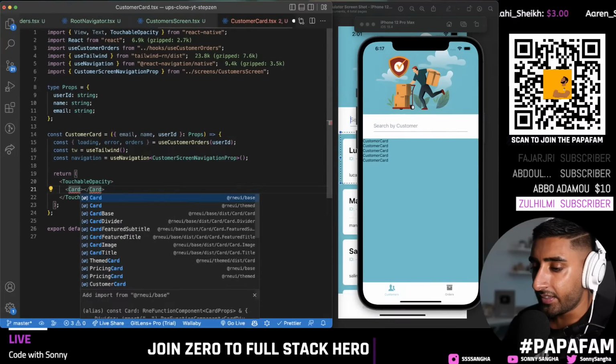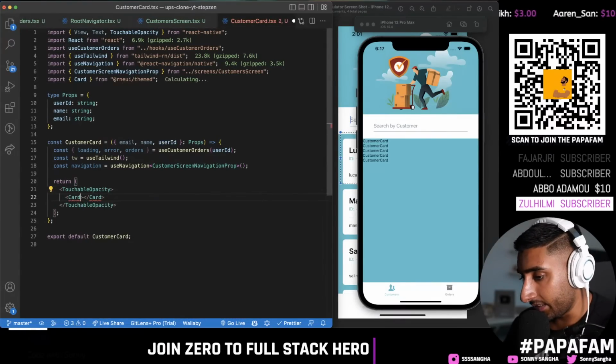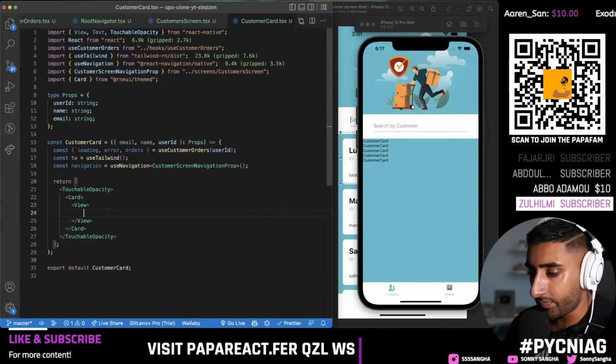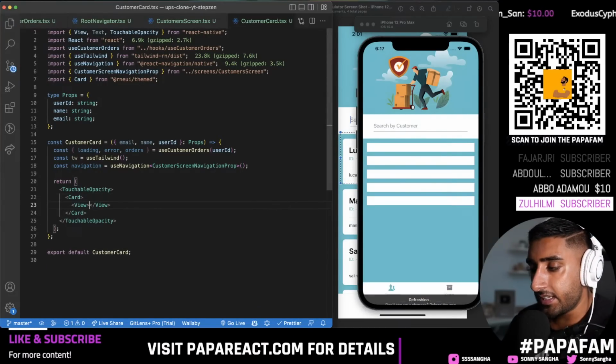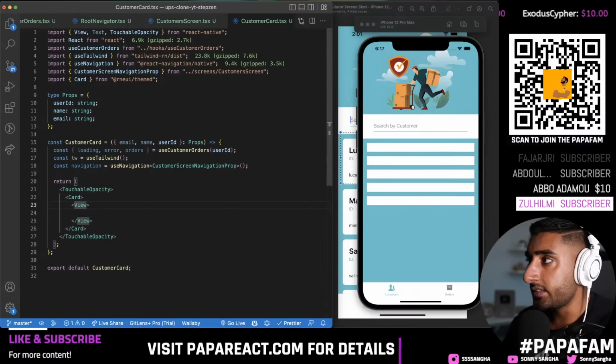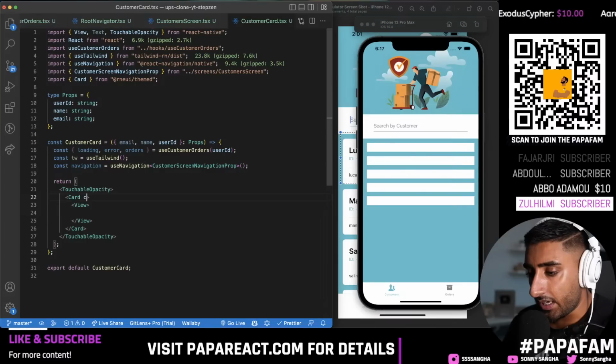Right now, the card I'm going to pull in from the React Native Elements themed library, and inside of here I'm going to have a view. Okay, now as you can see, we started getting cards. Now the first thing I want to do, guys, is inside of that card I'm going to change this